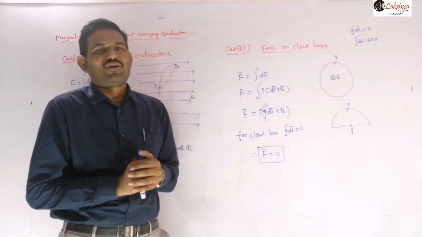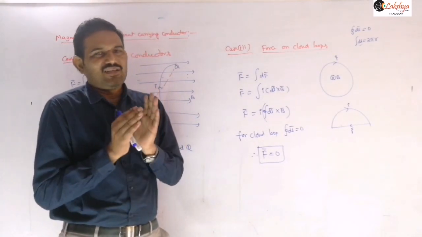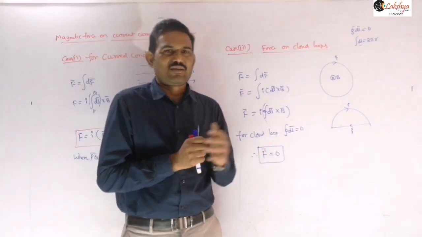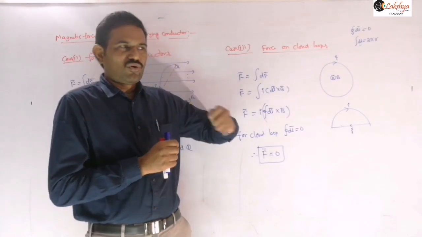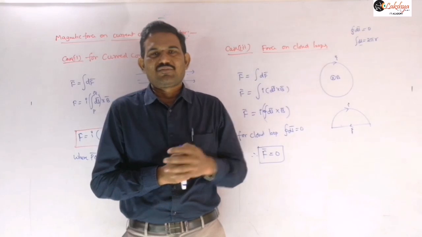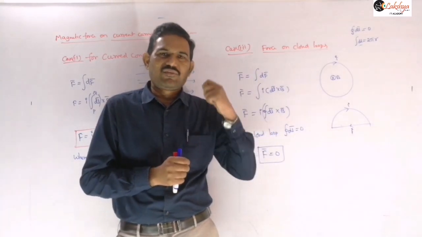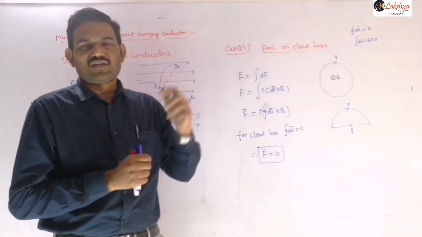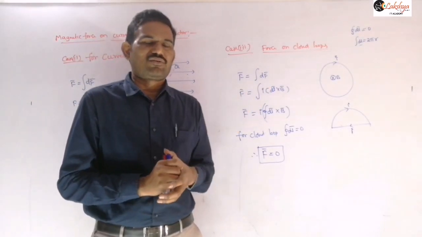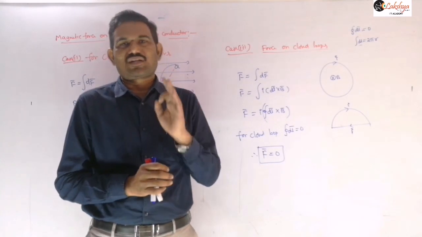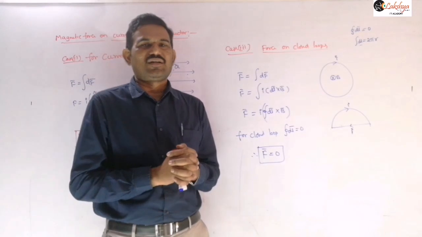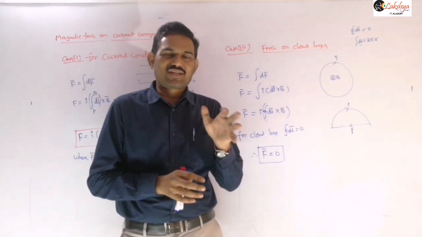So not always, in all cases. You can answer clearly if the total loop is lying in the same plane and the same amount of current is flowing in the same direction throughout the loop, either clockwise or anti-clockwise. You can answer directly that the force acting on it will be 0. That is the simple case where the force acting on the closed loop is 0. And if any changes are there in that situation, then you need to think carefully.